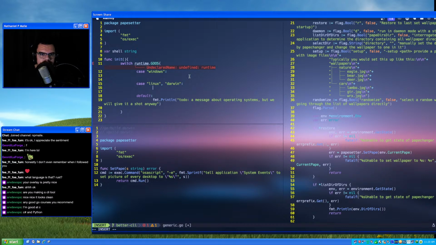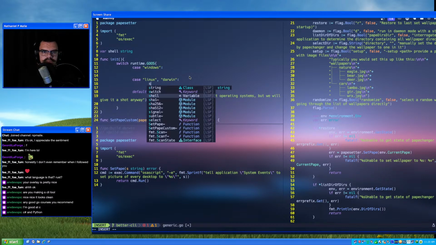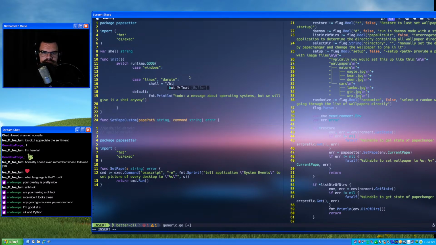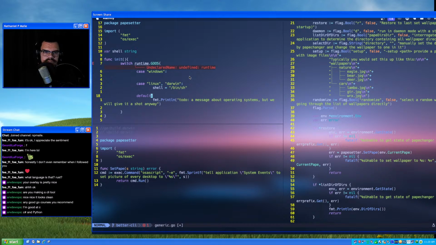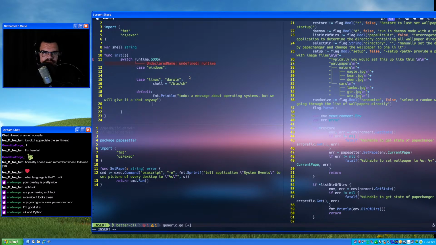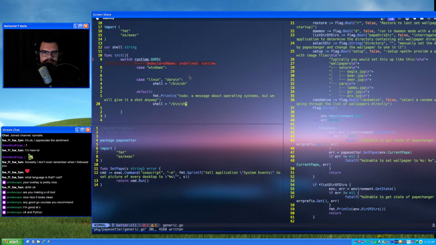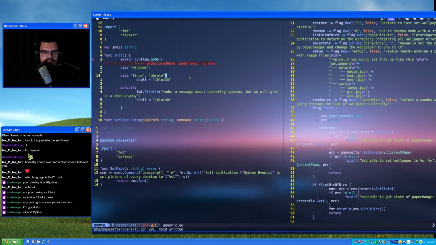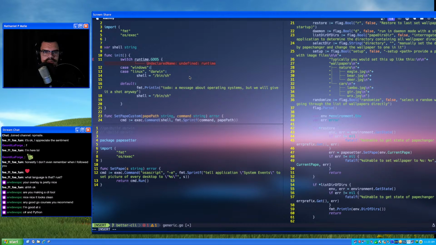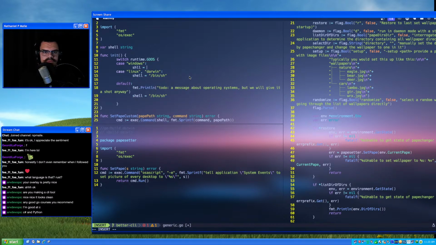So then Linux and Darwin, it'll be shell equals /bin/sh. There we'll say shell equals /bin/sh. And then Windows, shell equals